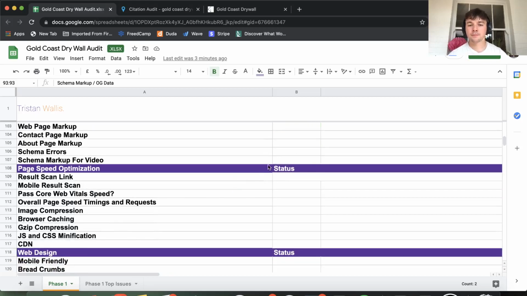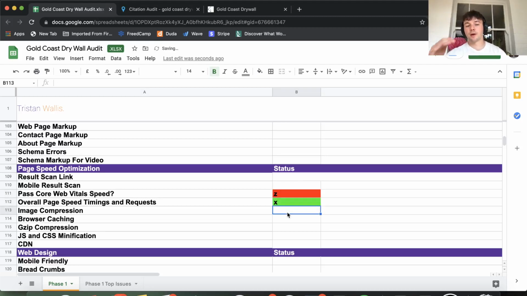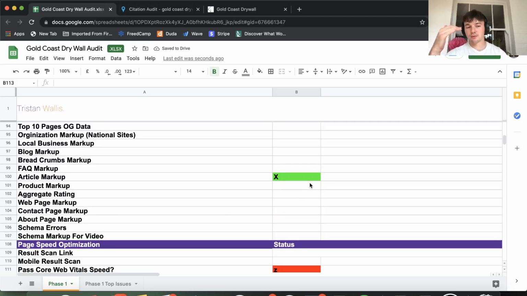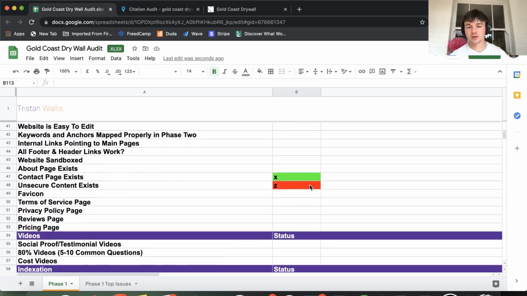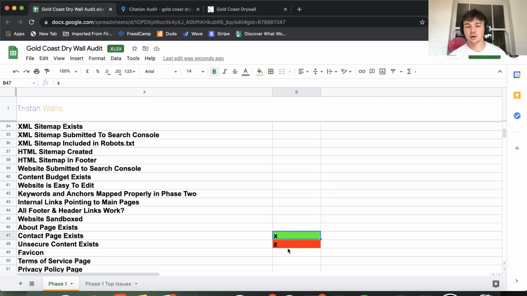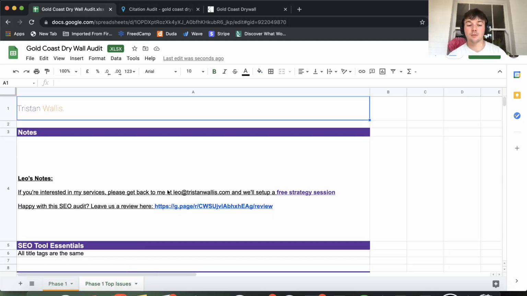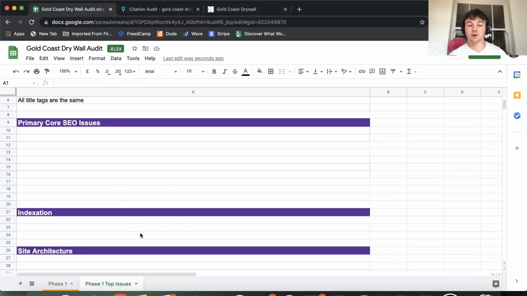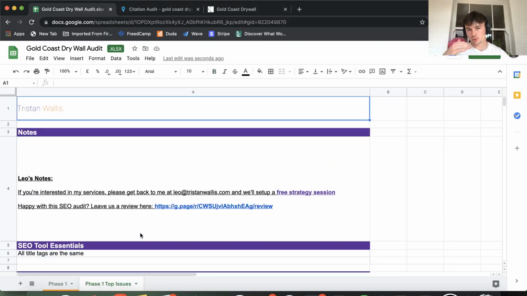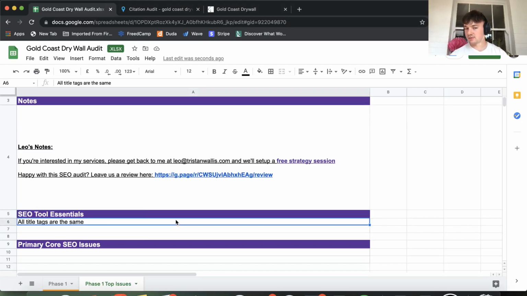the client. Now, if you haven't seen my SEO audits before, how this works is really simple. We usually just go through, we put a tick there or an X there, and we'll go through the different features, the different foundational SEO issues, and we'll just add if they have them or if they don't have them, right? And then at the end of it, we'd usually add a phase one top issues list. So it's all the different notes that I have,